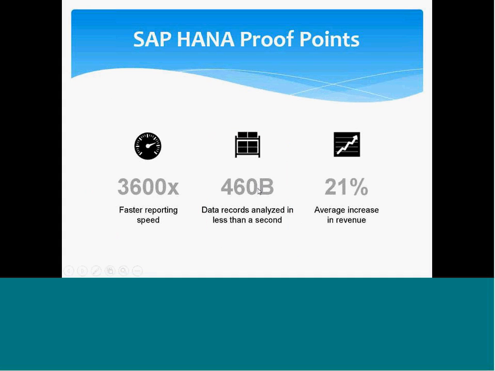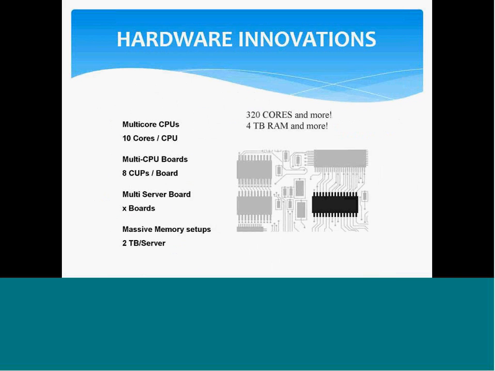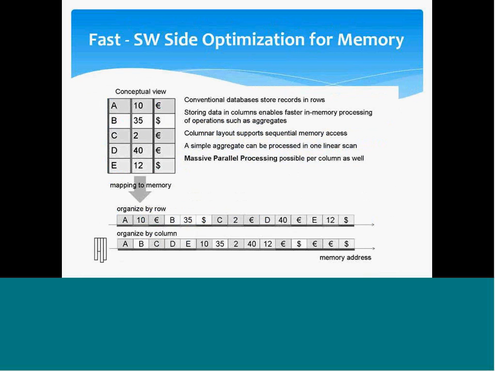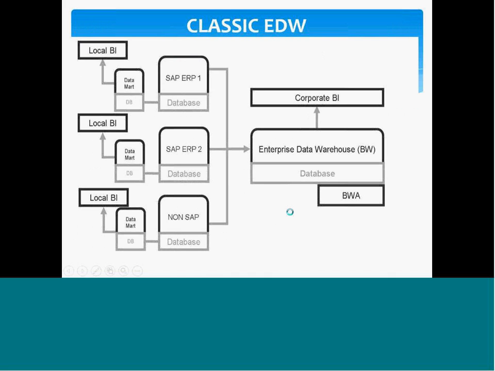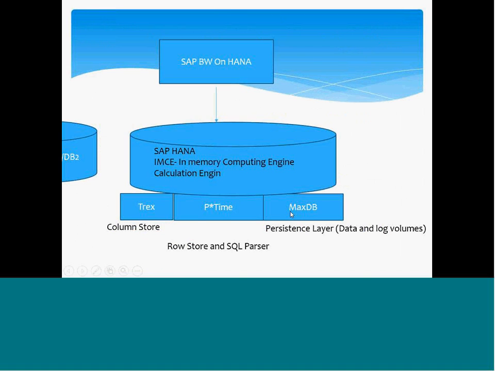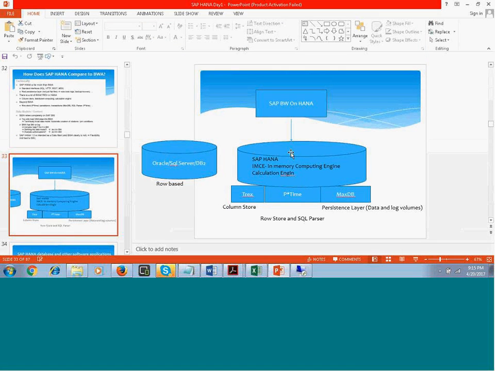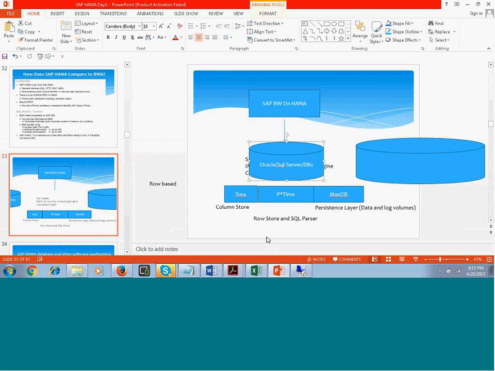Okay, some people ask how SAP is going to implement this SAP HANA. How is SAP going to market this product? SAP has very strong hardware vendors. So how is SAP going to implement this product? If you look at SAP's as-is and to-be model, right now, if you look at all of SAP,